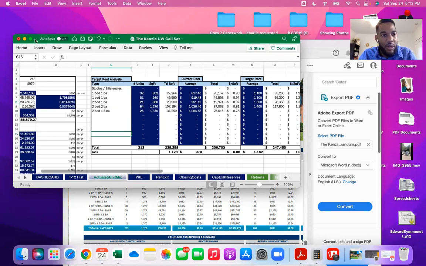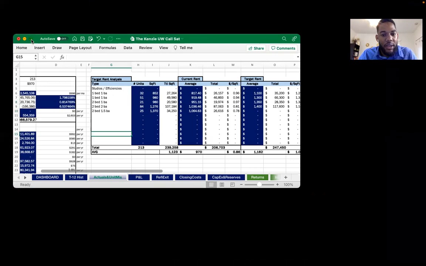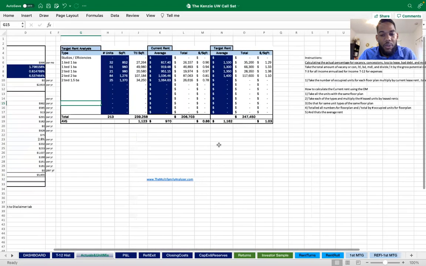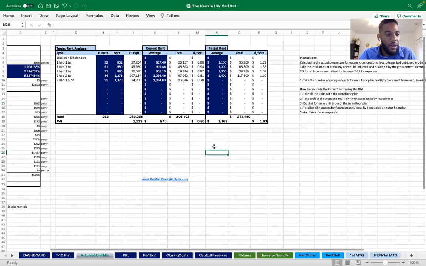Okay, cool. So guys, usually on these sessions, we use market premium, which is usually the difference between our target rents and our current rents. So that difference here is, we'll take this number, subtract it by the current average rents, and this would give us a number of 191.